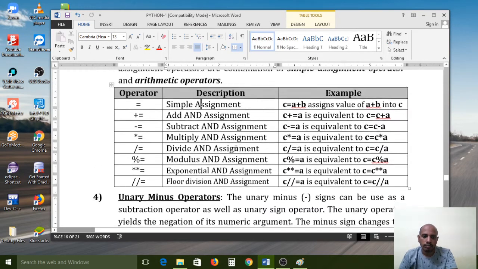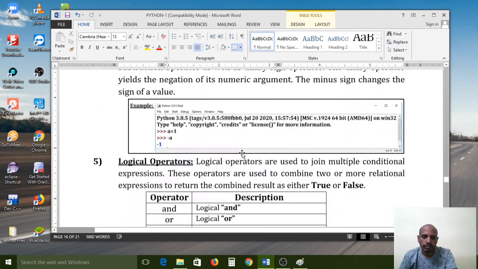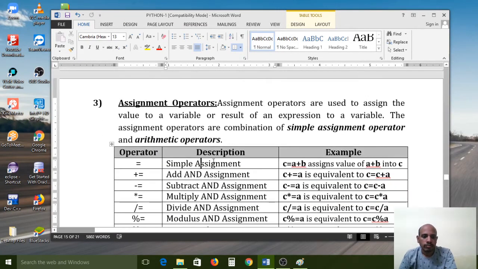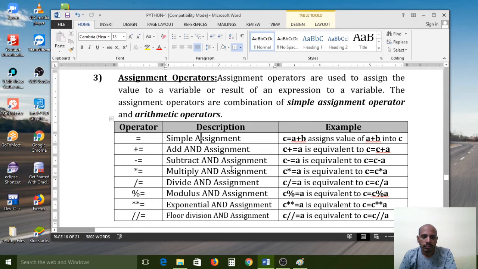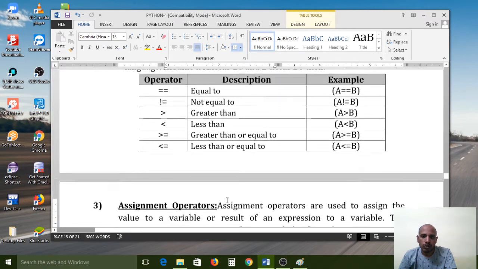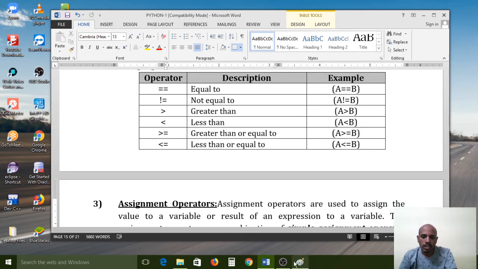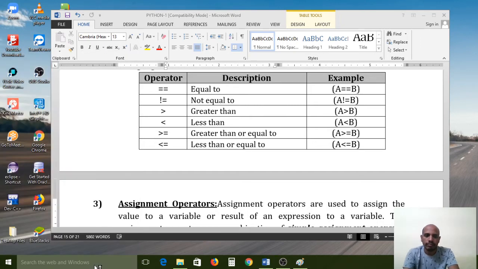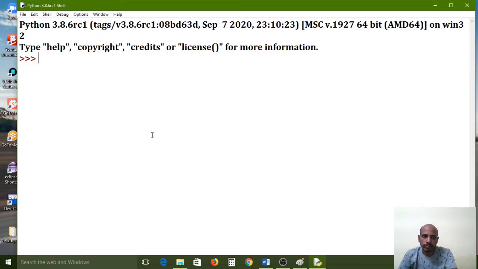Now, understand? And exponential and assignment means, here you use two symbols. Now let me open it in an example. All of you carefully observe. A is equal to 10, B is equal to 20.